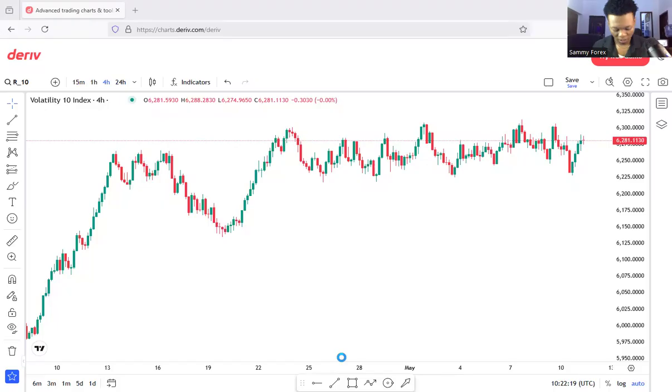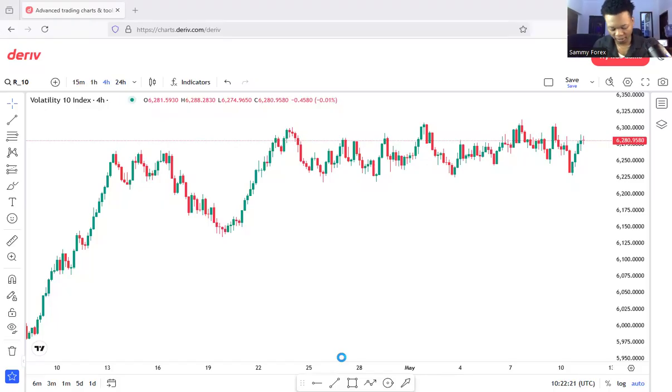So we are going to be analyzing the synthetic pairs. We are going to be diving in to see what the price is actually doing on the synthetic pair. So I have about 10 pairs I would like us to look out to this week, which is